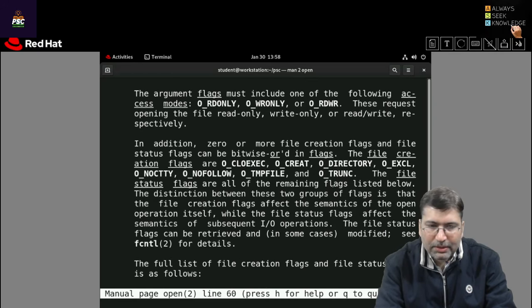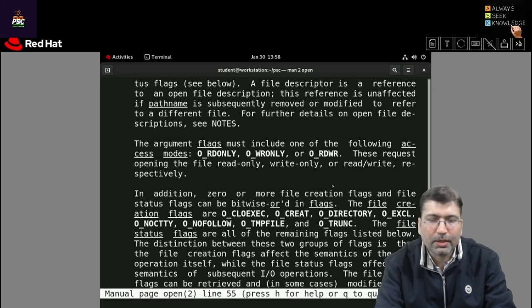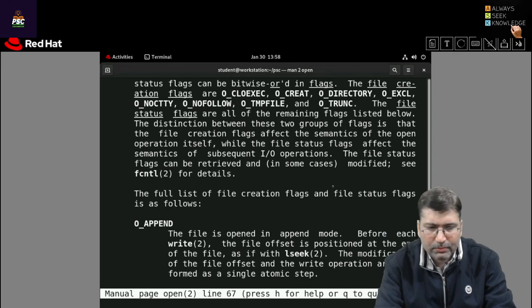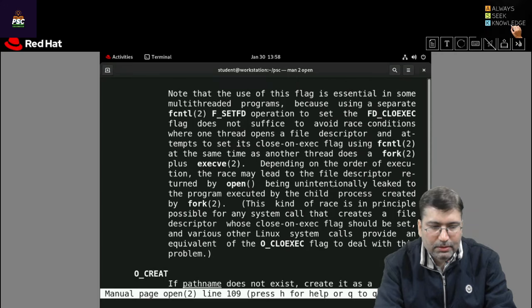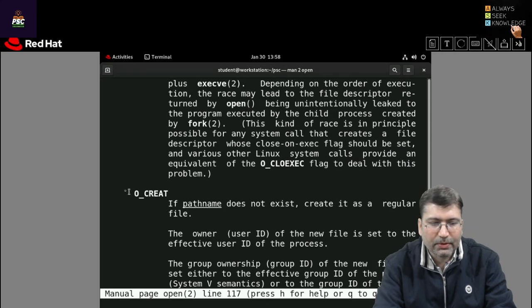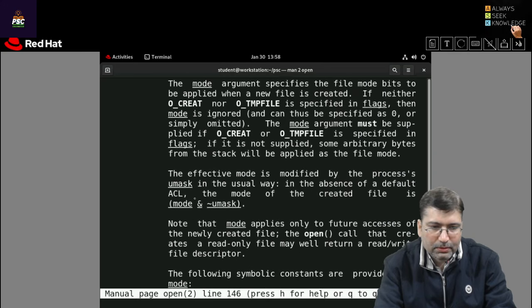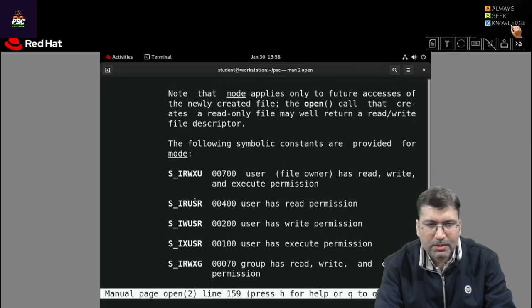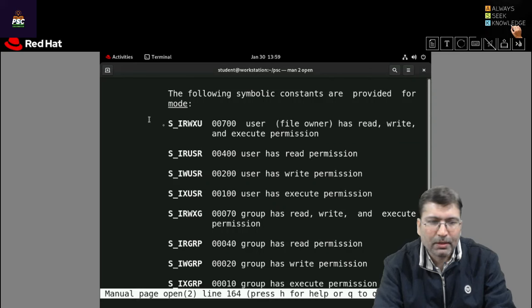Then there are some other flags. So if you want to create a file, you can set O_CREAT. So you will see later on. So you can read the manual and you find a number of different things like O_CREAT. So if you want to create a file which is not created inside the system, then you can use this particular flag, right? And finally you can give a number of permissions. So if you want to provide some of the permissions, there are two ways to provide the permission when you are creating a file. You can use like